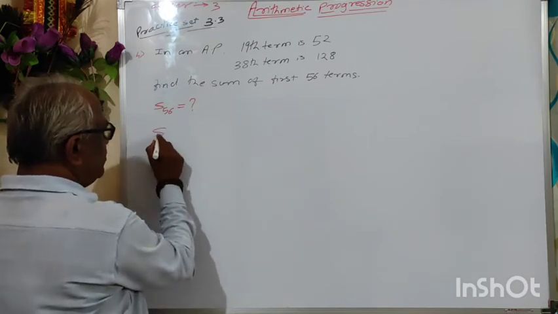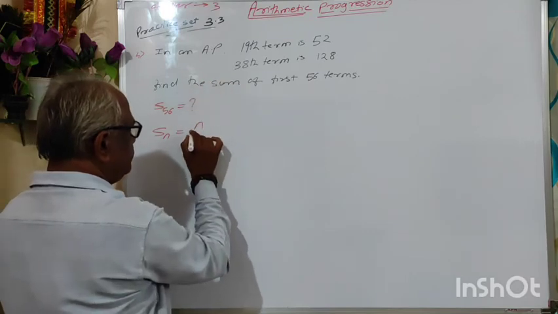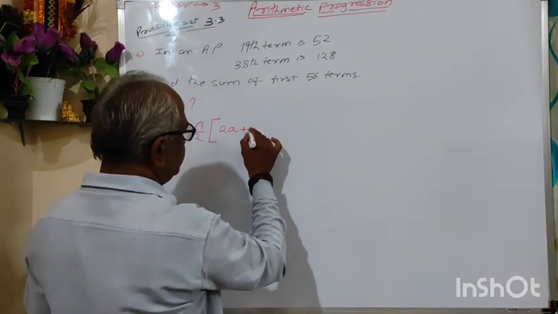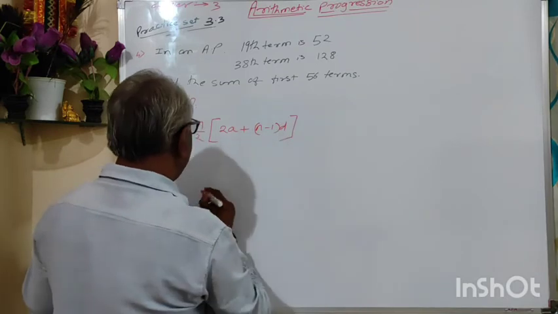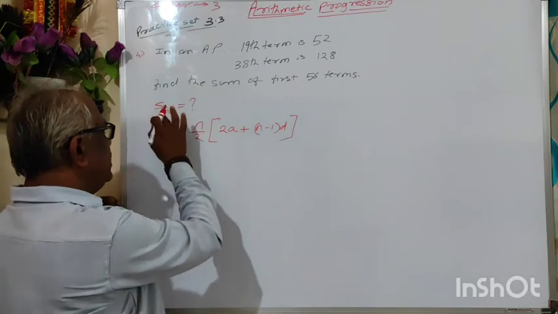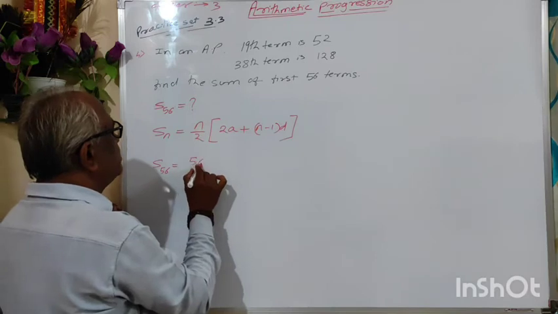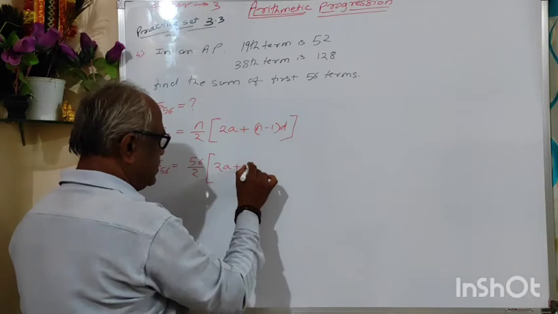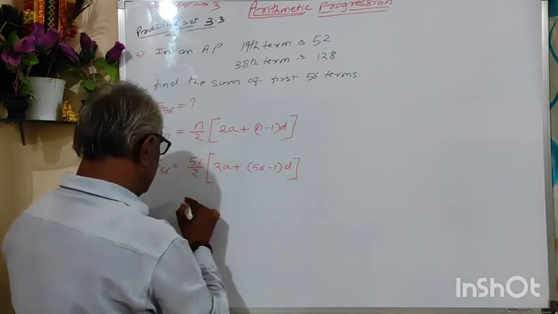We know the formula Sn is equal to n upon 2 in bracket 2a plus n minus 1 into d. Now here the a value we don't know, d also we don't know, but we know n is 56. S56 is equal to 56 upon 2 in bracket 2a plus 56 minus 1 into d,